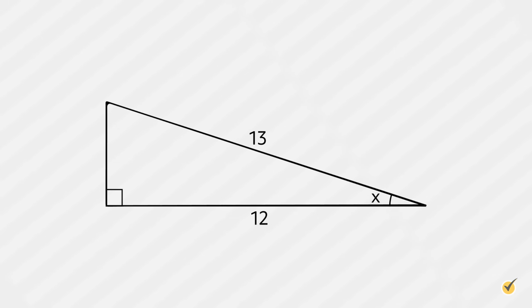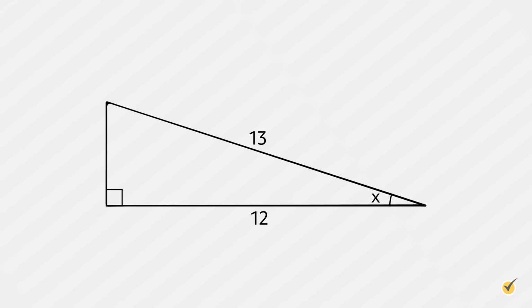Okay, back to cosine. We can also use cosine to find an angle of a right triangle if we know the length of the adjacent side and the length of the hypotenuse, which is always the side opposite the right angle. Let's try one of those. Let's see what we know. It's a right triangle, so trigonometry can definitely be used. We're trying to find an angle since it's marked with an x. We know the hypotenuse, which is 13, and we know the side that is adjacent to the angle we want to know. Since we know the adjacent side and the hypotenuse, that means we need to use cosine.